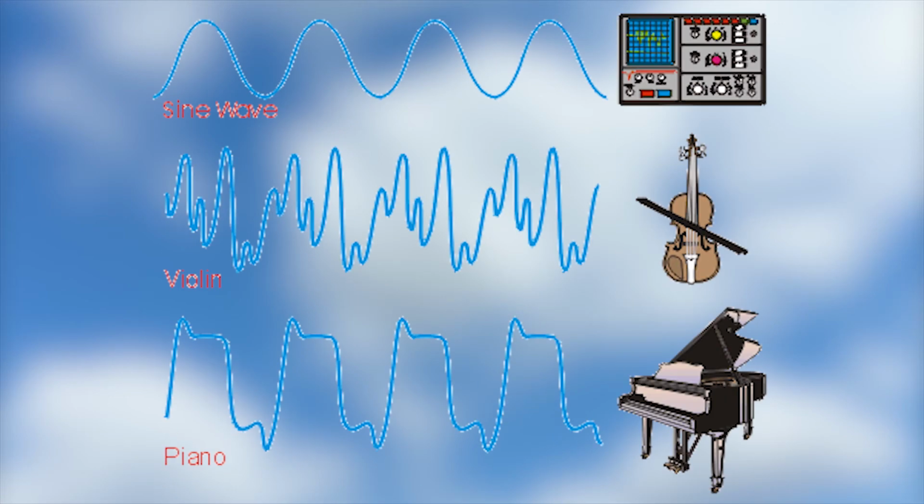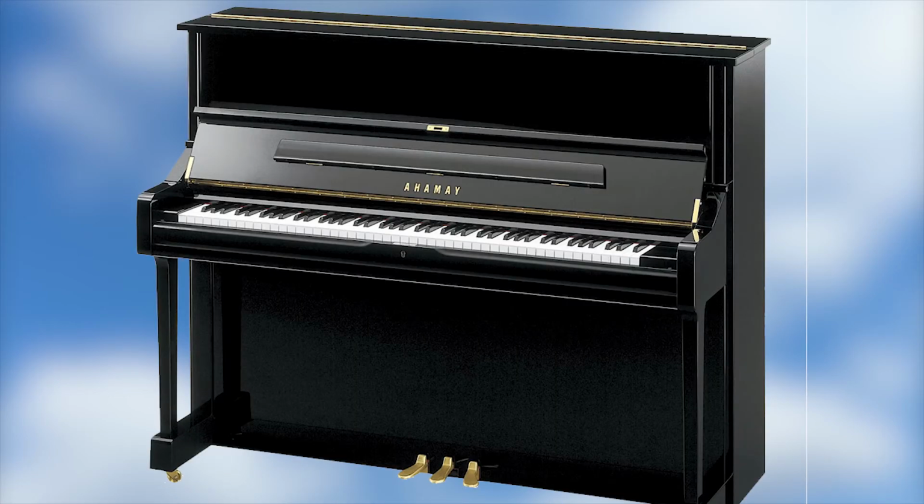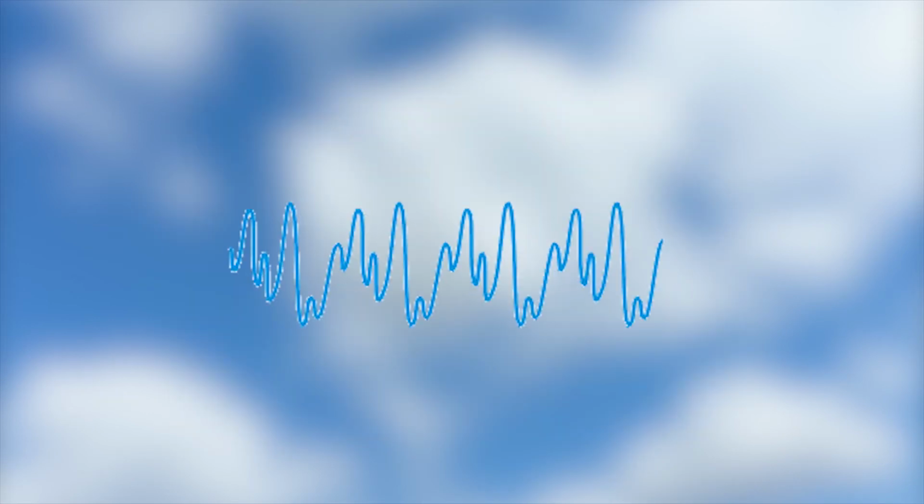But listen, this is a violin's E note. This is a piano's E note, and this is a sine wave of E. They look and sound different despite them being the same pitch. All these notes have the same fundamental frequency, E, but the reason why these waves look and sound differently is